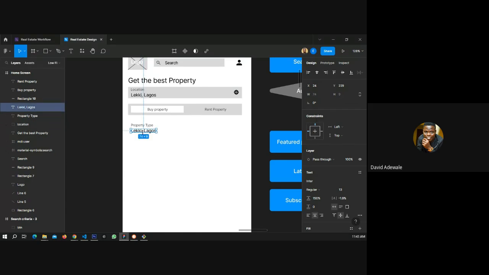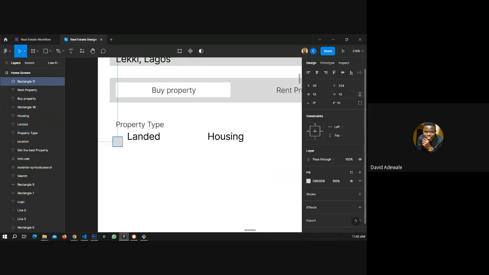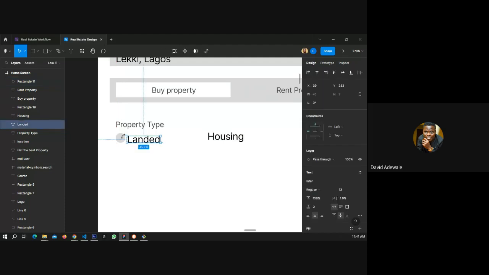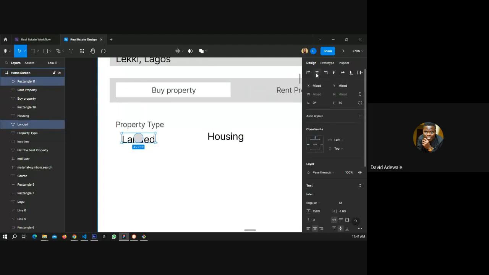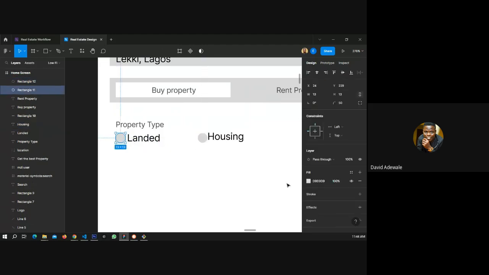Then, and then, out. Shouldn't even be toggle. It should be radio button. So I can put there. So here now.